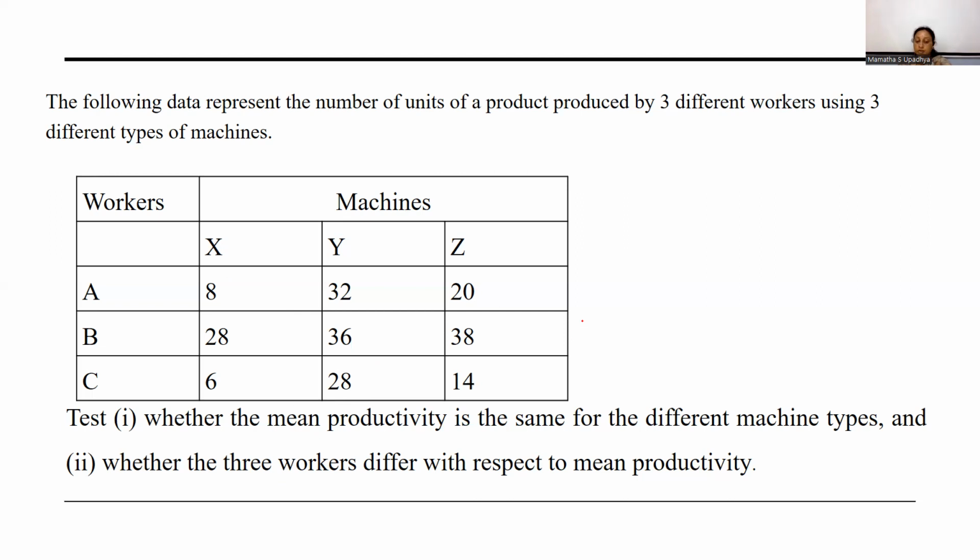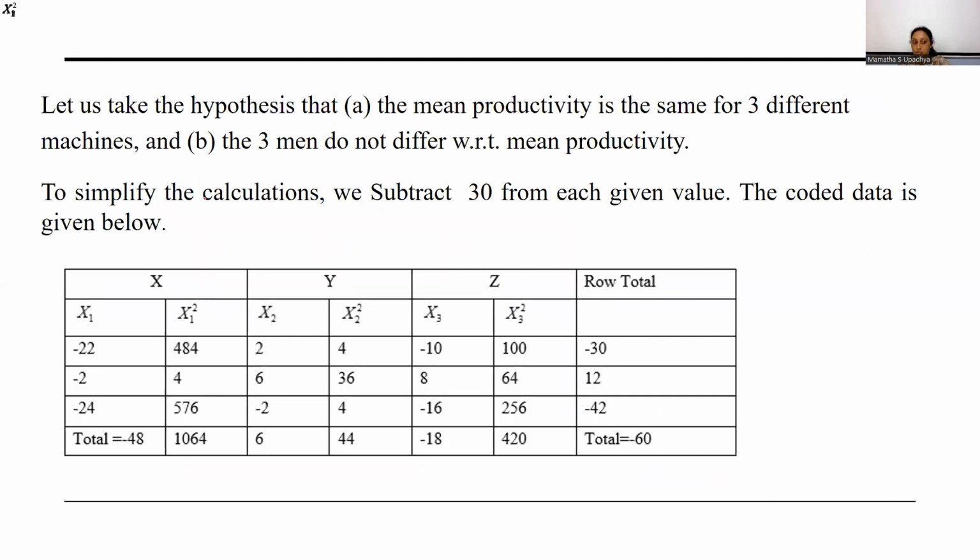Before proceeding to test whether the mean productivity is the same for different machine types, as well as whether the three workers differ with respect to the mean productivity, we need to form a null hypothesis. Let us assume the mean productivity is the same for the three different machines and the three men do not differ with respect to mean productivity. If this null hypothesis is false, then we need to accept the alternative hypothesis. What will be the alternative hypothesis? The mean productivity is not the same for the three different machines and the three men do differ with respect to mean